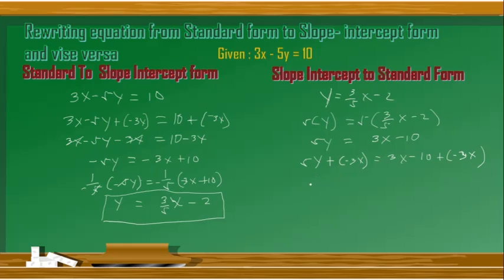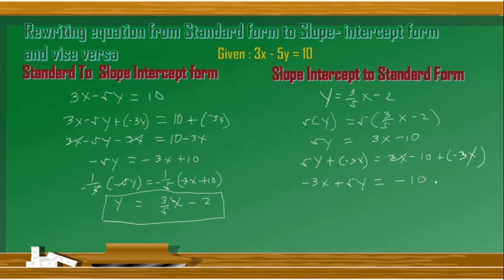Okay, after that we will simplify. As I said, you have to write first the first variable. So x is, we will write first the term which has the x. So this is plus times negative 3x, that is negative 3x, then followed by y plus 5y equals to this one. This is cancelled out because this is positive, this is negative. So what is left is 10.